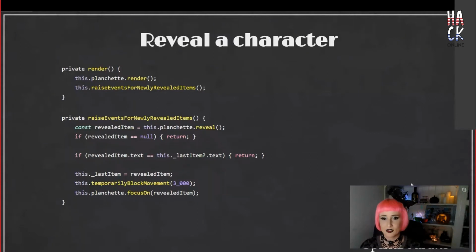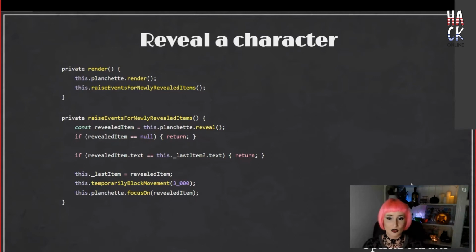If you've not seen that notation before, that number there on temporarily block movement is 3000 with a separator at the 1000 point, which makes it more readable. We're then going to call focus to move the center of the planchette viewfinder to the center of the polygon, which we got from that focus point attribute.